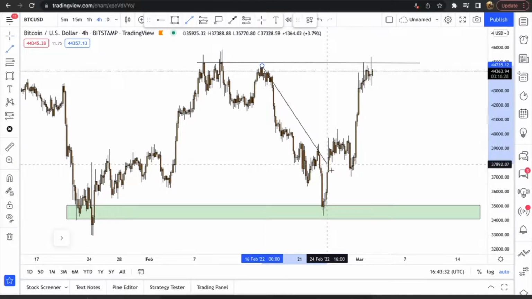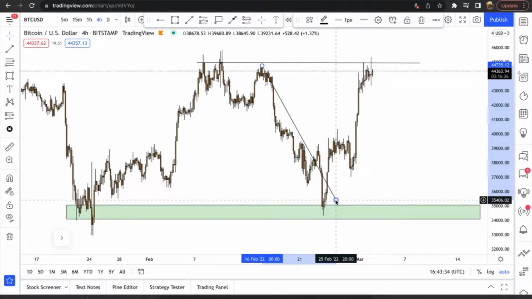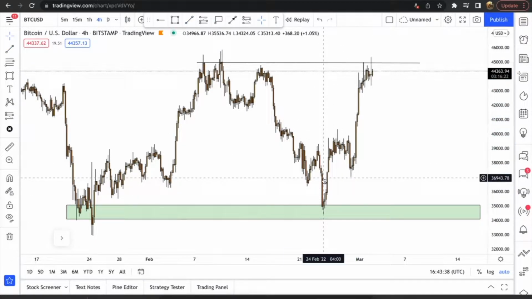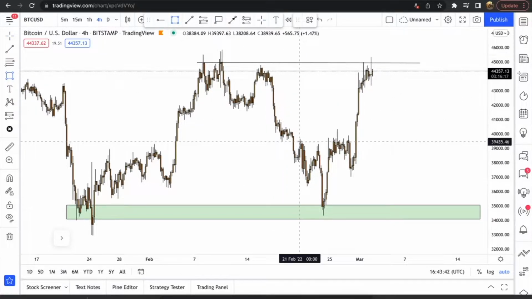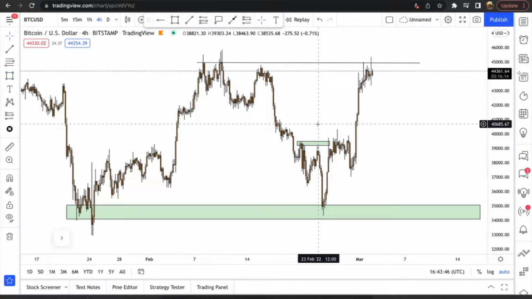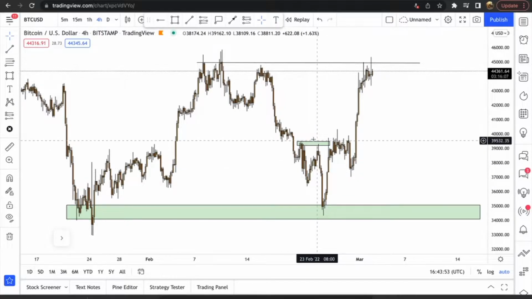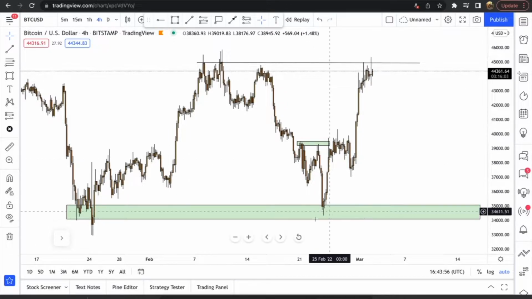So you can see, we've been coming down, right, and then we've created this lower low. What's interesting, you see this a lot, and I've explained this in some of my other videos, and I'm going to keep explaining it because it's important to know, because this is the way that price works in the FX markets and in crypto. You can see there, we had this lower high, lower low, lower high, and then we pulled back into this level for this double top, and then we had this continuation back down.